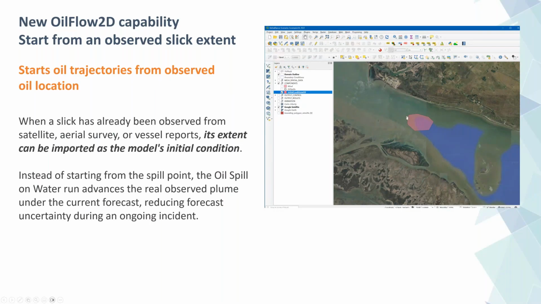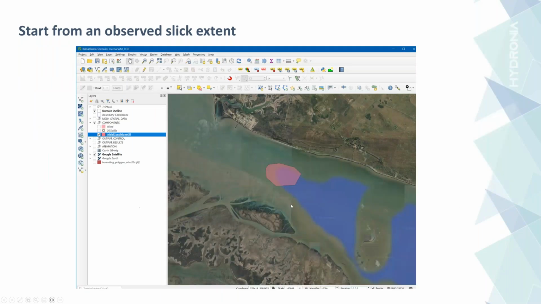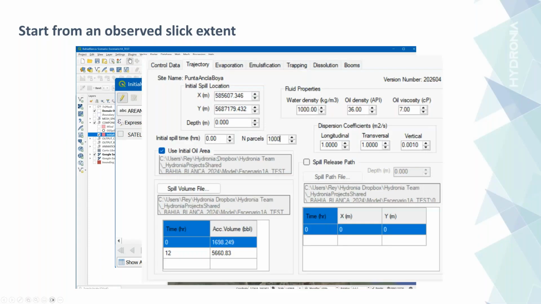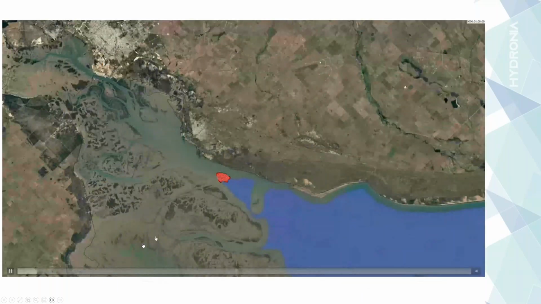So in the new version, you can enter a polygon where the oil resides at time 0, and then you can perform the simulation of where the oil is going to go from that initial satellite area that you have entered. And in the classic data input program, you set that information here, use the initial oil area. These are some details, but I just wanted to show you